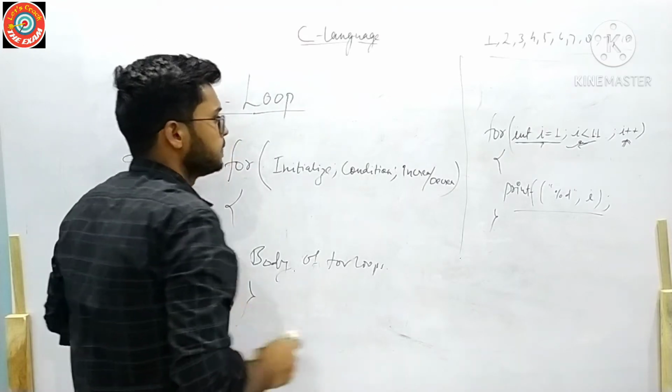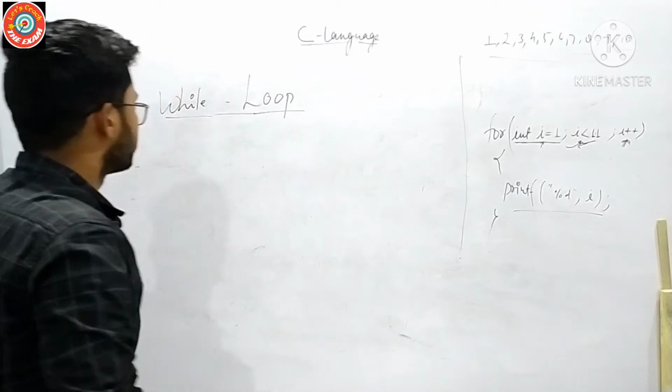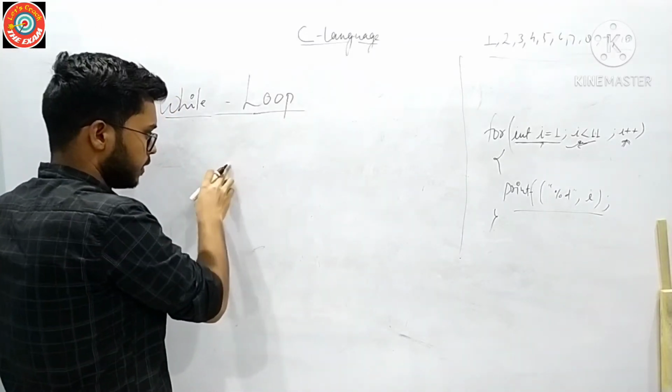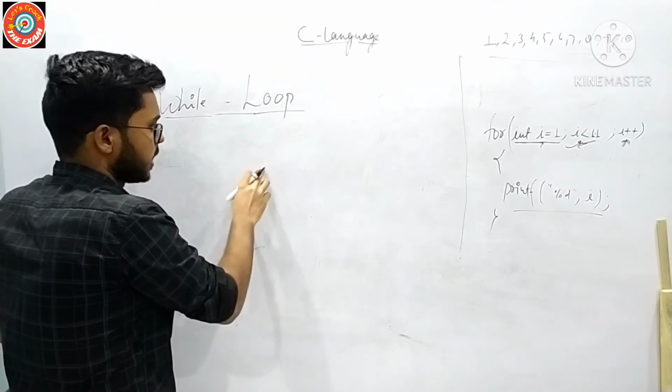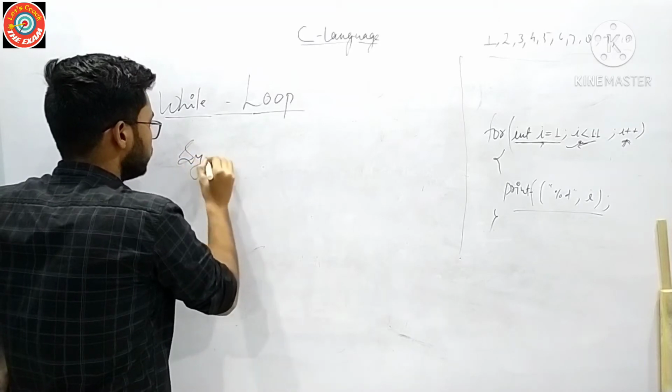Now we will see the while loop. In a while loop we don't have to initialize our loop as we do in the for loop. So the syntax for the while loop is